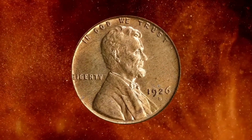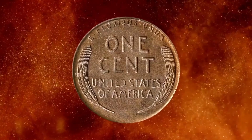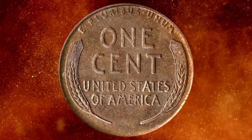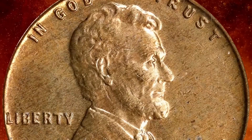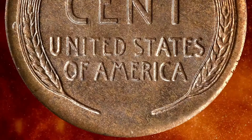Number 3. This is a 1926-S Lincoln cent in MS64 red condition, a very rare CAC approval in a full red mint state example of this well-known rarity among 1920s cents. The obverse exhibits warm golden-orange